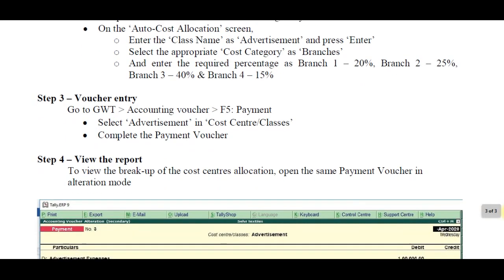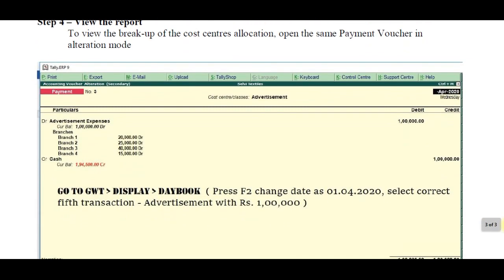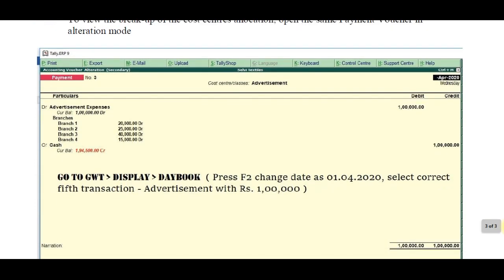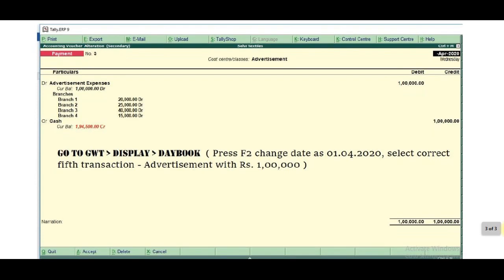And step 4 is view the report, and also I give the screenshot. Usually you understand the Tally ERP cost center, cost category concept.